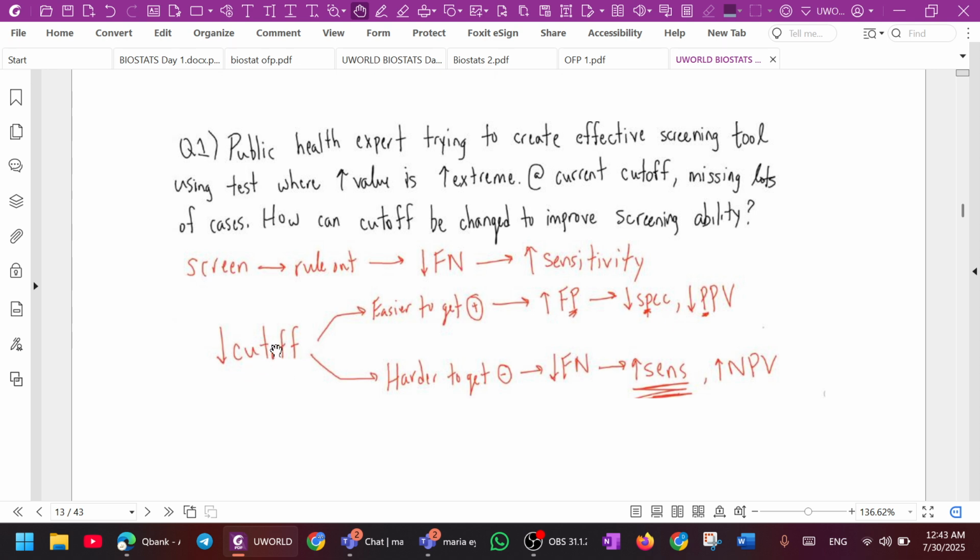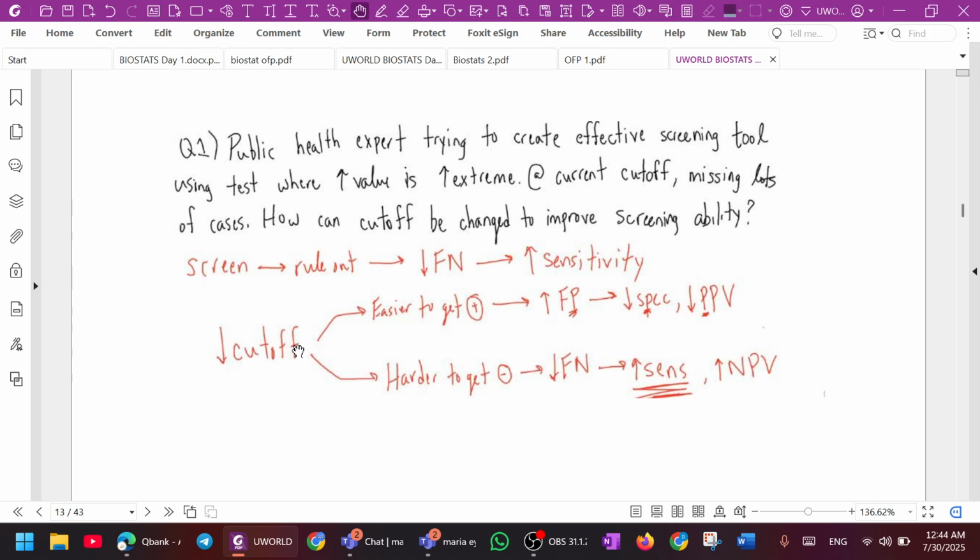Yes. Okay. I think I remember something he said on the video, and you probably already know that to screen for a disease, you're trying to get a test that has high sensitivity. To confirm the disease, you need high specificity. I think that was something he said on the video. And of course, here he's trying to screen, so he's trying to find a test that has high sensitivity. From this, you already know that with high sensitivity, FN will be low, and sensitivity goes with NPV, so NPV will be high. You kind of already know from there.